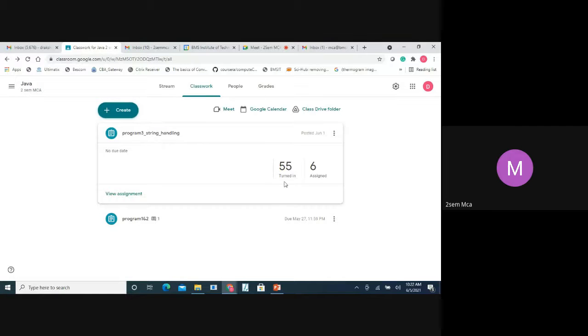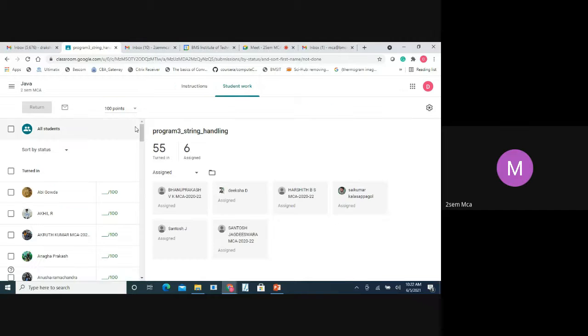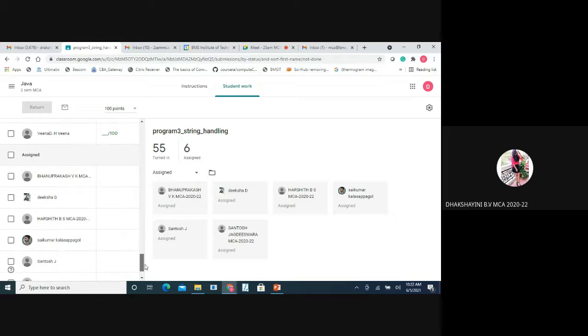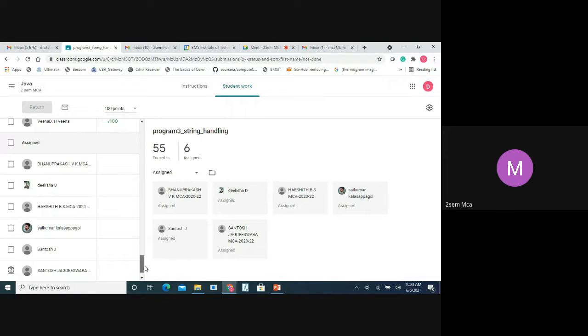So that's the reason. Ma'am, can you repeat those names, ma'am? Banu, Diksha, Sai Kumar, Santosh and Jayant. Harshit also. Not Jayant, Jayant is not here. Santosh is repeated 2 times. Maybe only one Santosh. In your class, do you have 2 Santosh? No, ma'am, only one Santosh. So then it is only 5 people. You can just ask them to resubmit.